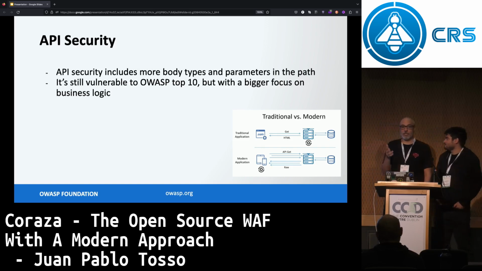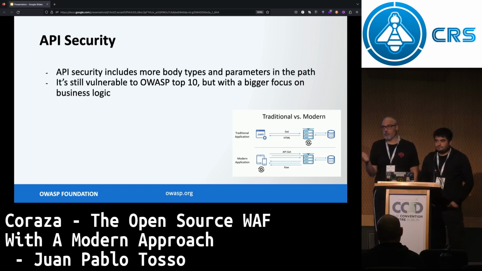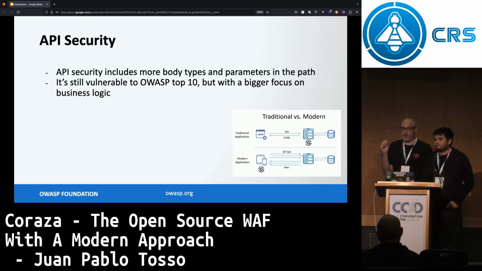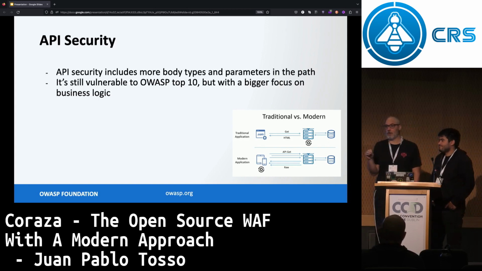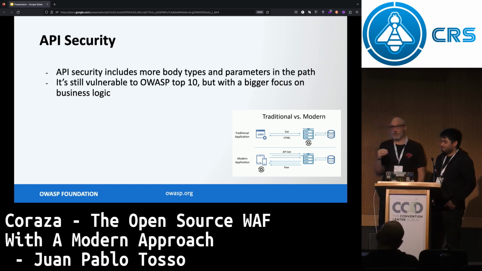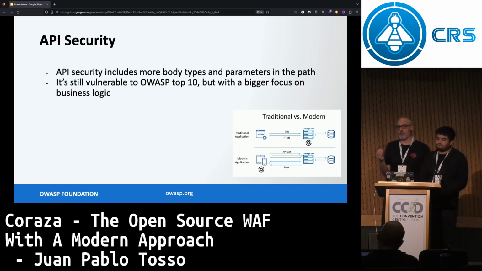So we need to adapt the engine and the rules to be dynamic, able to focus on API security only if you're only using API security. This is a very interesting challenge we have in 2023.